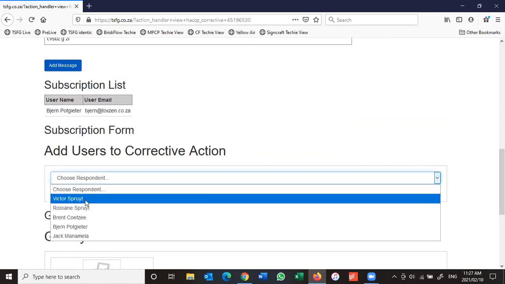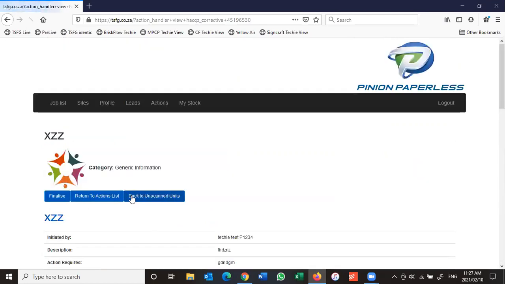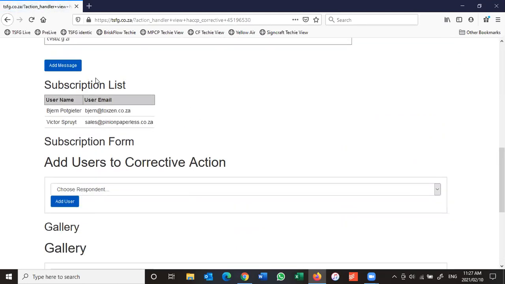So the technician has the ability to add additional users. And as soon as you do this, we also integrated SMSs into this corrective actions because it's so important that all parties get notified immediately that there's a problem. So if a customer identifies a pest sighting and they raise a corrective action, you will get a SMS immediately from the system